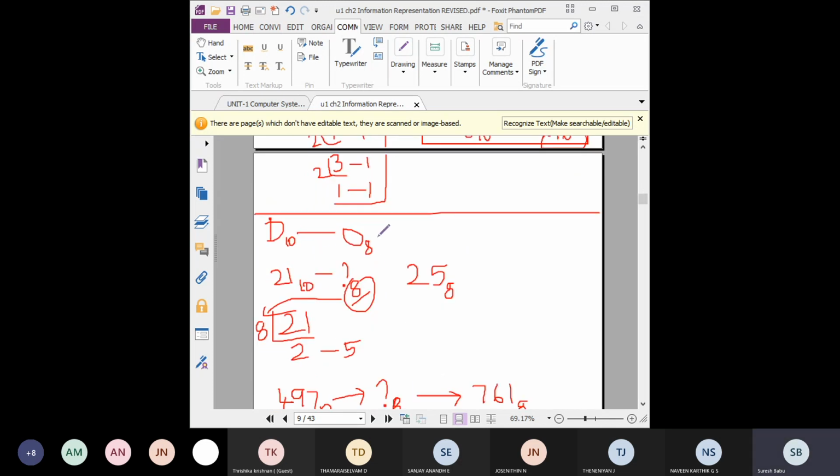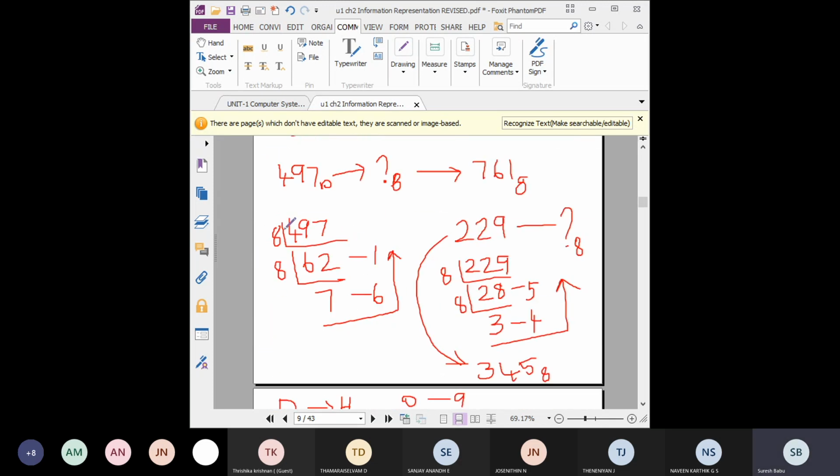Okay, so see here the decimal to octal, again the same method. This is the decimal number, repeatedly divide by 8, until you get the lowest number as divisor. Then collect all the remainders and write it, this is your equivalent octal number for this 497 decimal number. Students understood the decimal to other number systems? Yes, sir. Yes, so kindly practice, students.